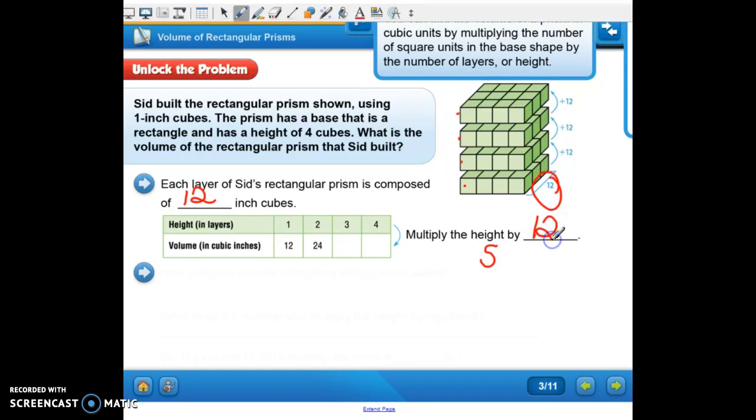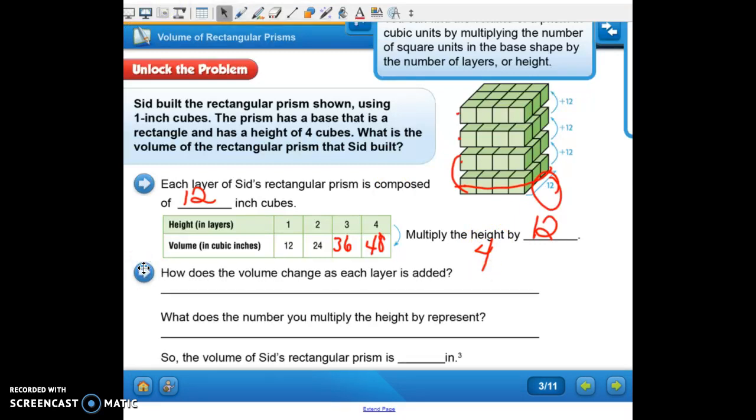12. So if you look at this in layers, this layer is 1 times 12. We add this layer, that's 2 times 12. What's 3 times 12? 36. And 4 times 12? 48. Whoops. Are there 5 layers? 4 layers. Let's try that again. 4 layers. Okay. So the volume of this cube is 48, and what were we measuring in? Cubic